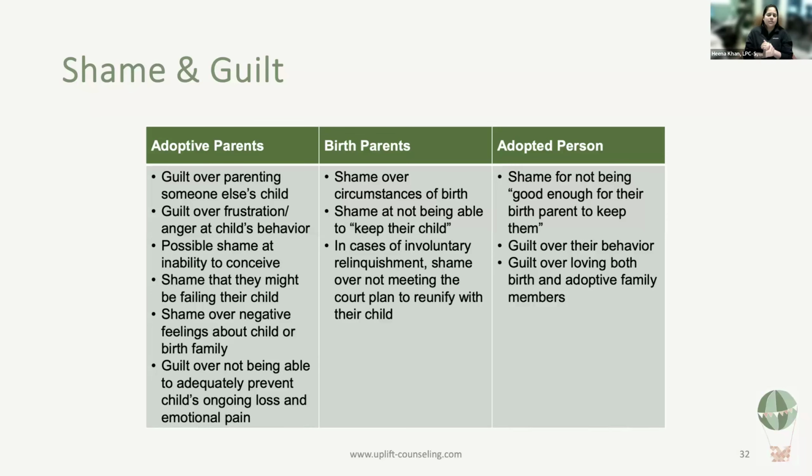For birth parents, there's shame over the circumstances and the choices that are being made. And then for the adoptee, again, based on that self blame, there's this guilt of like, oh, maybe I just wasn't good enough, or the guilt and fear of wanting that search and reunion. I feel guilty asking my adoptive parents for information, or wanting to do this, or choosing to search and reunite or reach out, right? So there's this dissonance, this push and pull.